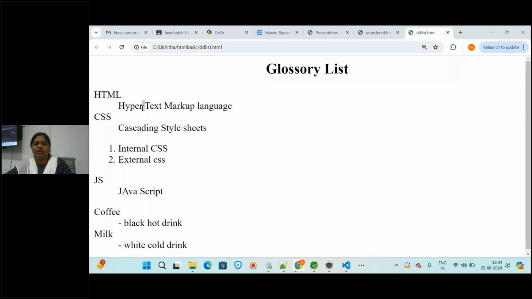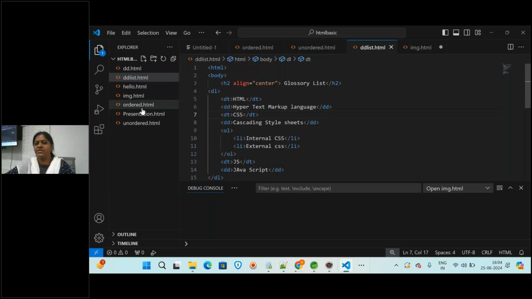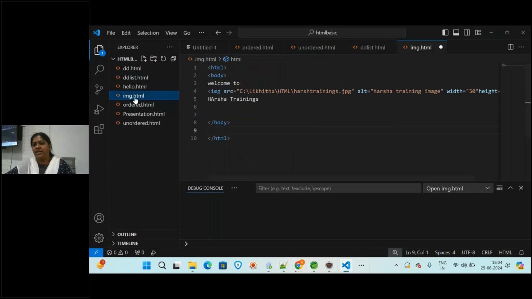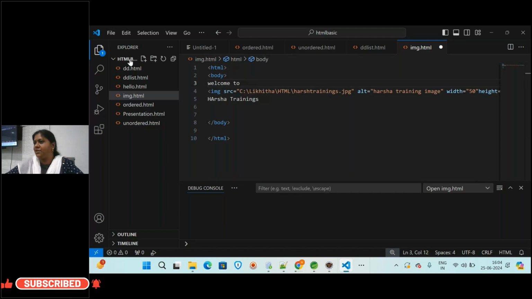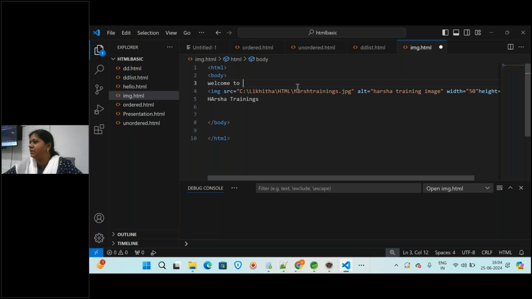And one more thing we also discussed in the last session is the image. In the image HTML, here we have inserted one image. For this I have downloaded the image. Okay, it is at some location. If it is in the same folder, here in the HTML basic folder, you need not give the complete path of the image. We can just give the image name. But if it is in a C Likita folder, some HTML folder, some image,